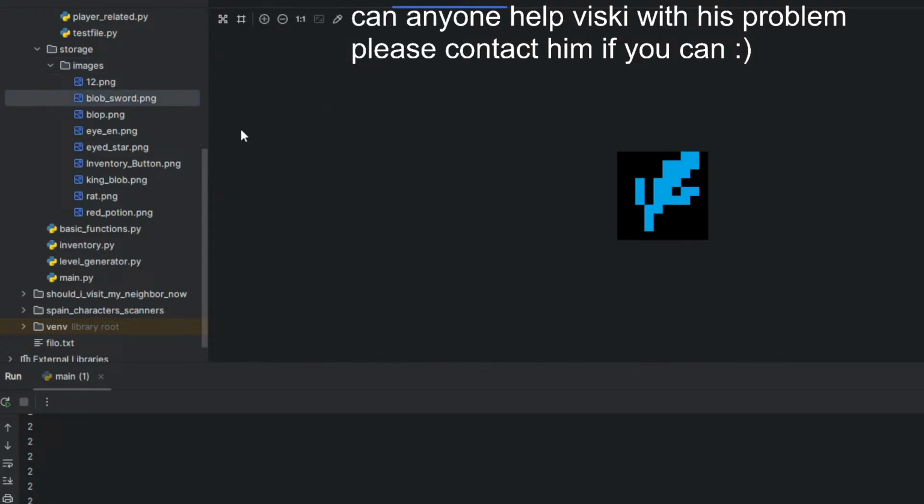Let me delete blob sword. So, what am I doing? I want to implement two new things. First one is I want to implement equipable items like a sword. You can see here, this will be the sword. You see, I'm like an artist of my own.